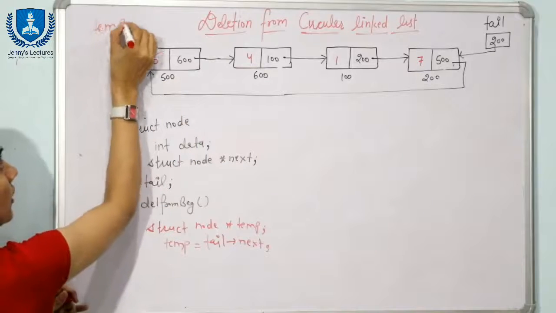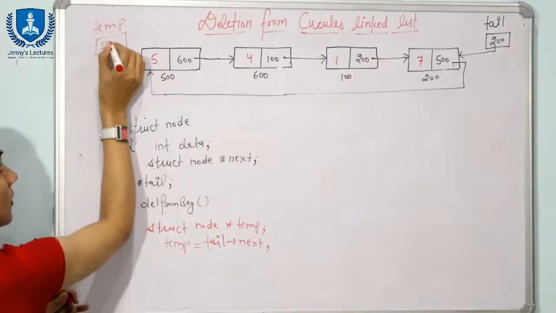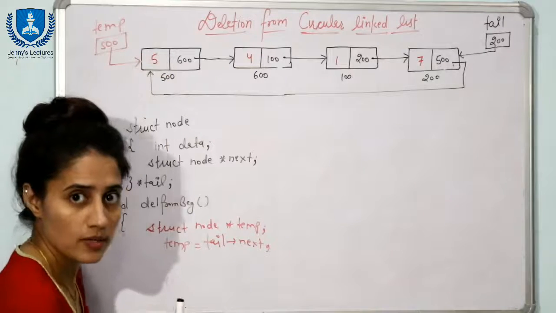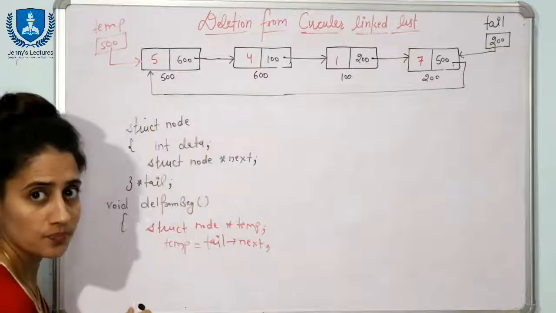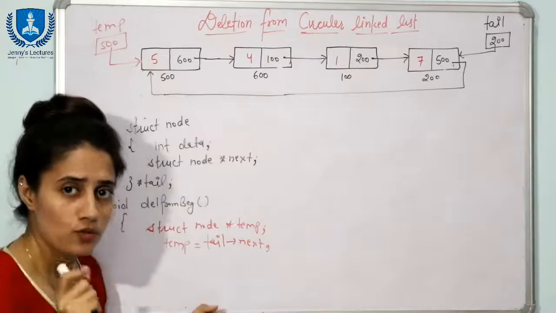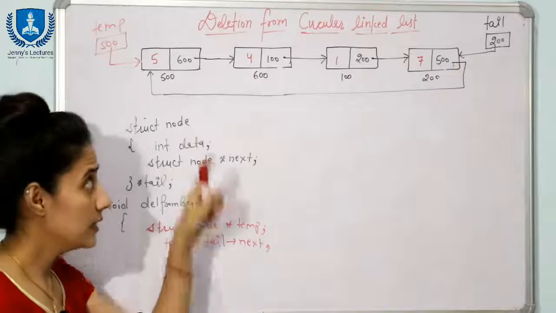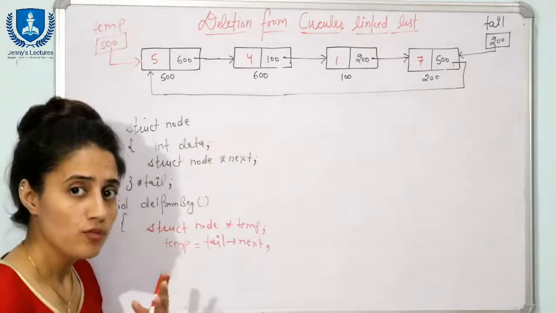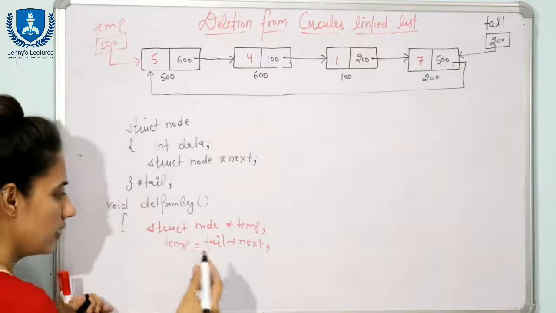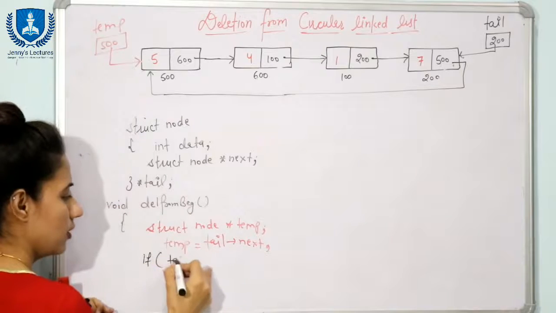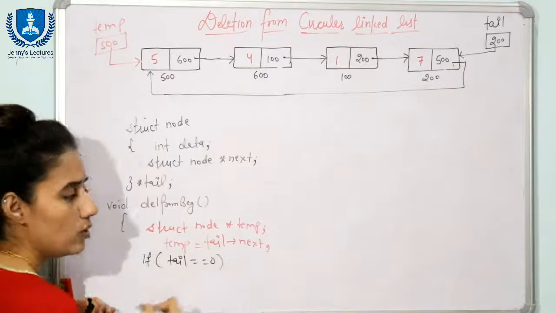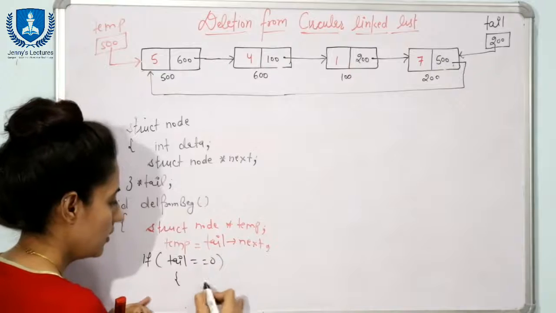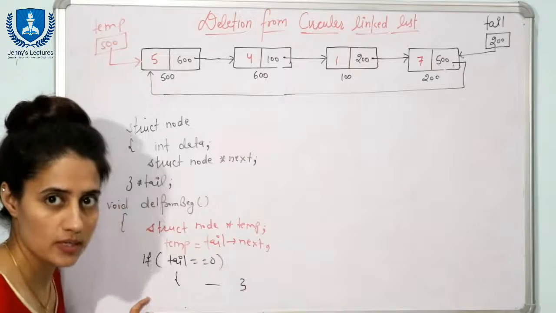So you can say here we have another pointer, and this pointer is pointing to this node now, right? Now we can delete this node. Fine. Now first of all you will check if the list is empty, then you cannot delete anything. Fine. And how will you check that? You will write an if condition, if tail is equal to null. We don't have anything in the list, right? So here you can write list is empty. You can print that.